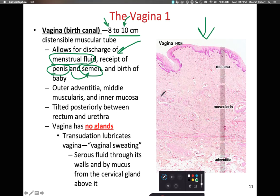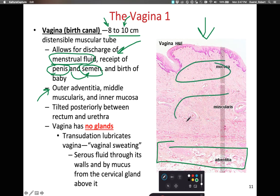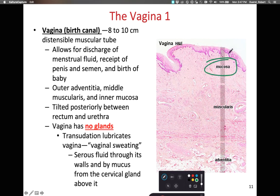As we look at the vagina, it has some layers to it. We have an outer layer of connective tissue referred to as adventitia. And then we have two layers of muscle, an inner and outer muscularis. Excuse me, I misspoke there. We have one layer of muscle, a muscularis, and then deep to the muscularis, towards the lumen, we're going to have the mucosa. I misread that here. I initially read that as muscularis. So we have one muscle layer, and then we have one mucosal layer. And that mucosal layer is going to have an epithelium